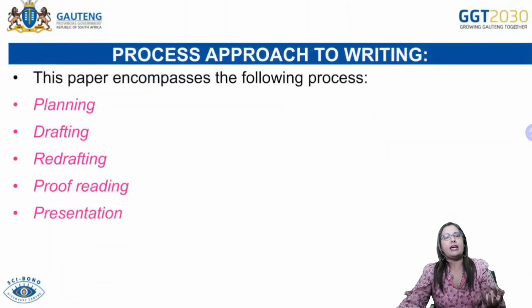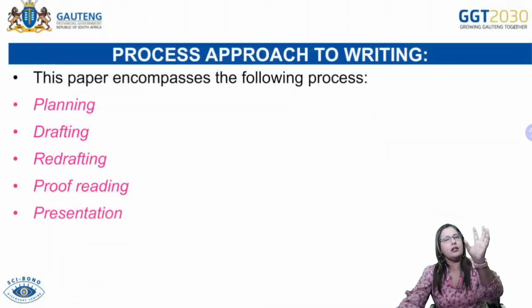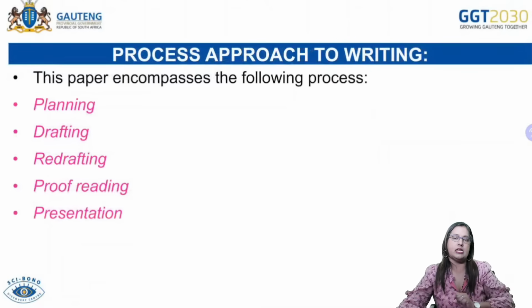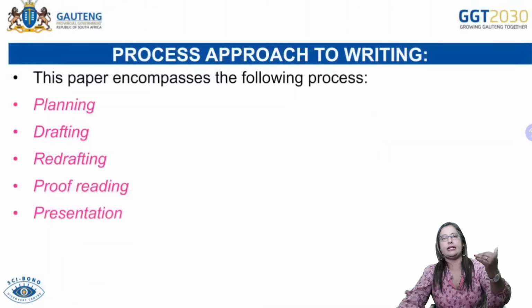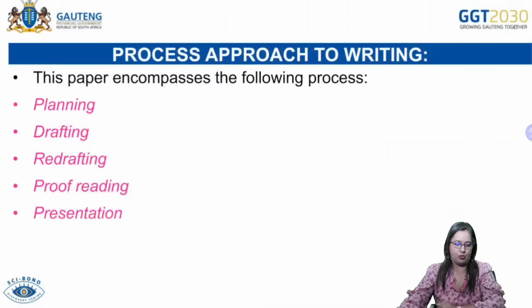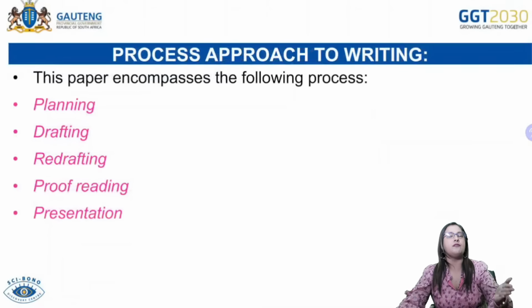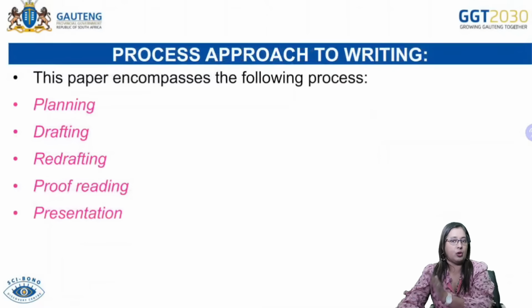Okay, but if you have at the beginning of your paper a plan that thoroughly shows us where you're heading in terms of your main ideas for each paragraph, for example, what are you going to talk about in those paragraphs? Just that diagram will give us enough information to show us that you have planned this piece of work. All right. So planning is very important. Your drafting would obviously then also come out from that planning section, which would then be your piece of work that you're going to submit, that final essay.